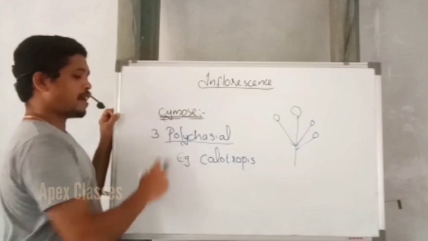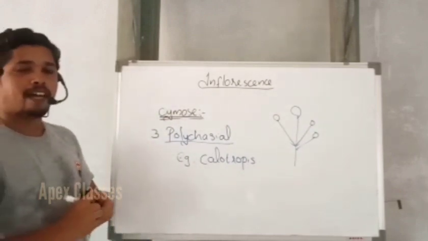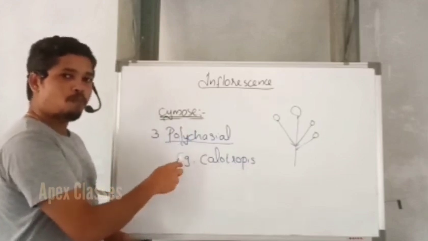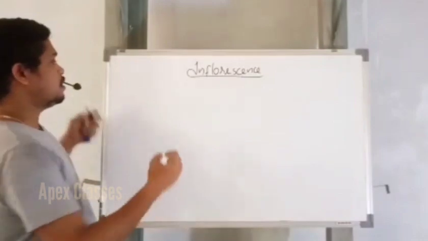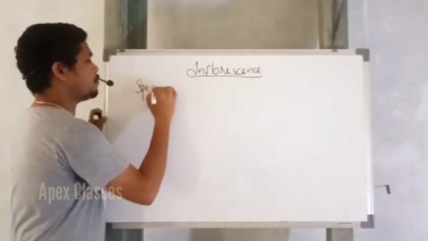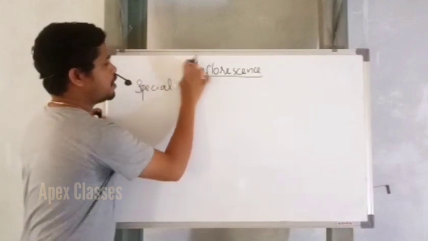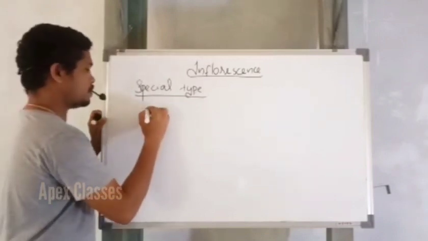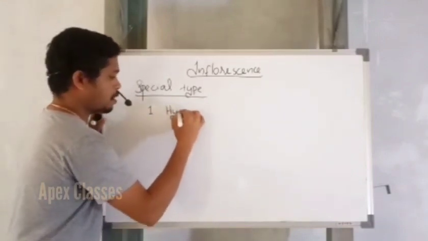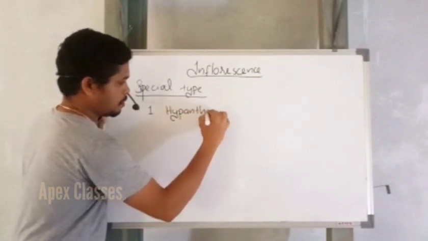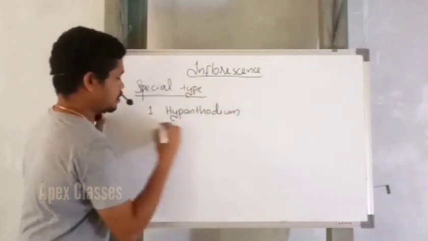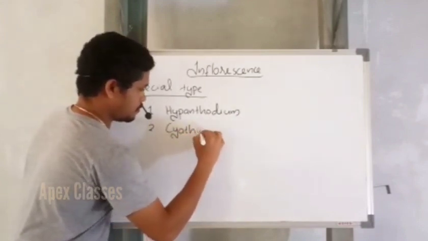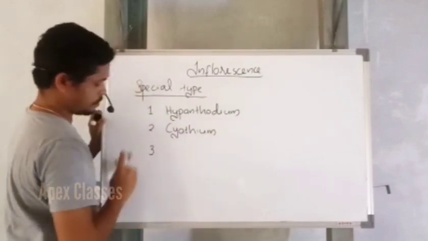This is all about cymose inflorescence. There are three types of cymose inflorescence: monochasial cyme, dichasial cyme, and polychasial cyme. There are several special types of inflorescence, such as hypanthodium, then cyathium, then